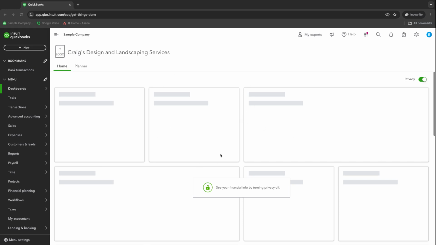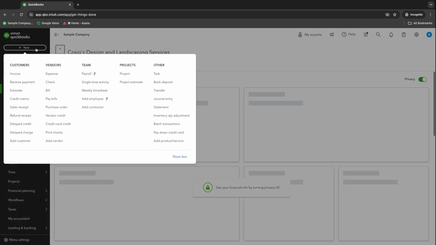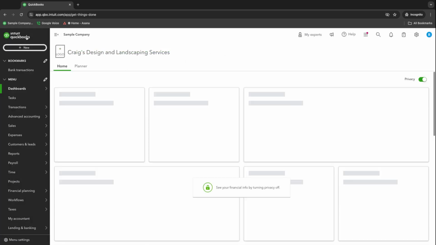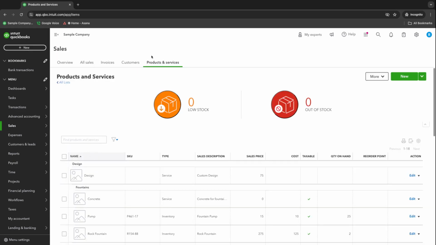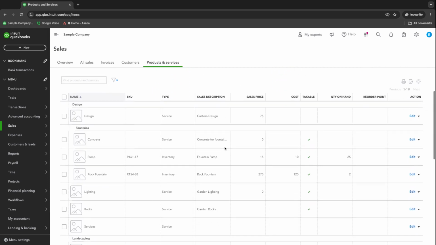So here we're in the sample company. Now, when we come over here, there's not really a direct way like our invoices to get to products and services. So how we would get to that is when we have this little drop-down menu, we're going to come under sales, and then you'll notice that this is a subcategory, product and service right here. So sales, products, and services, and this is going to be a list of all of the ones that are